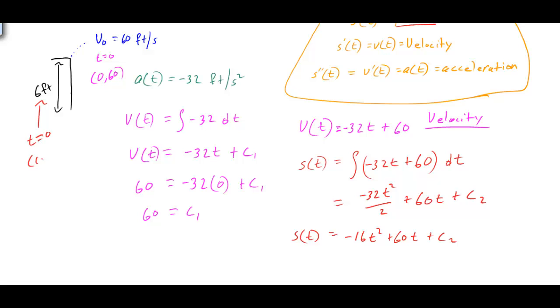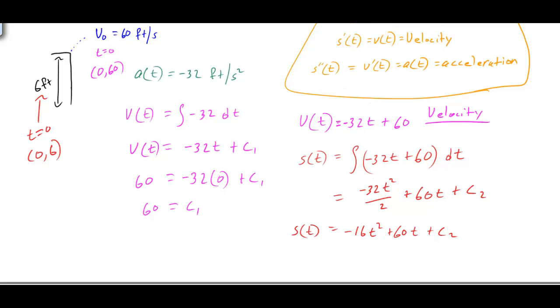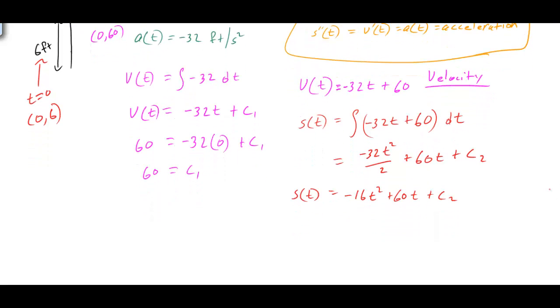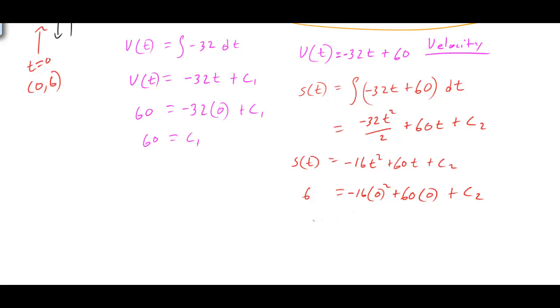So at t equals 0, the position would be 6. So if we substitute that in, we're going to end up with 6 equals negative 16 times 0 squared plus 60 times 0 plus c sub 2. And once again, we're fairly fortunate because the 0 causes everything to cancel, and we know that our constant